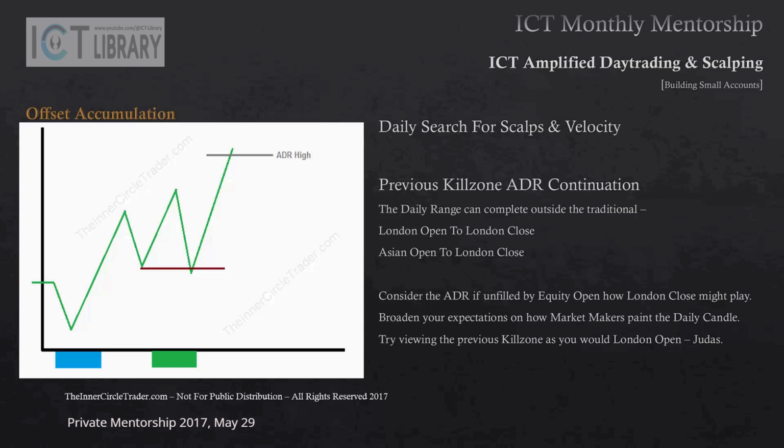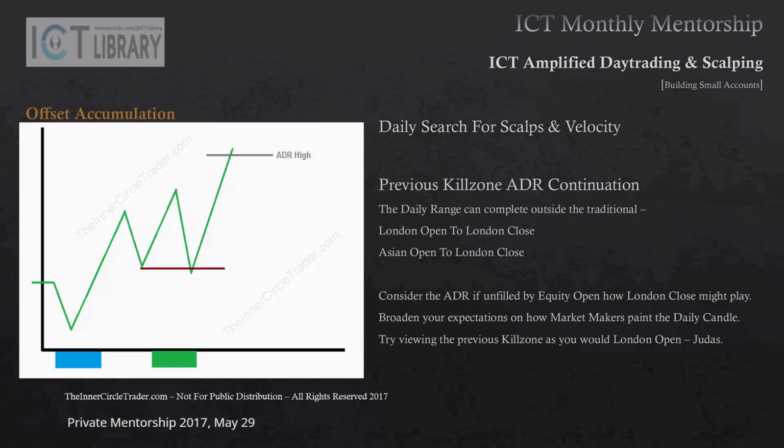You have to know what institutional order flow is on the higher time frames. So if we are trading within the weekly, daily, and 4-hour, and they would ideally be bullish, in this condition we could be anticipating the opening at Asia's Open to create that down move or Judas, and then creating another solid buy after a stop run for offset accumulation in the London Open. Now, let's skip to another session.